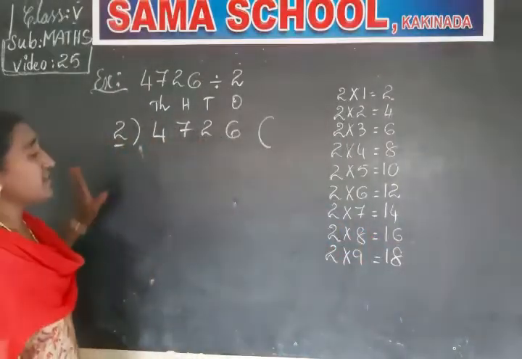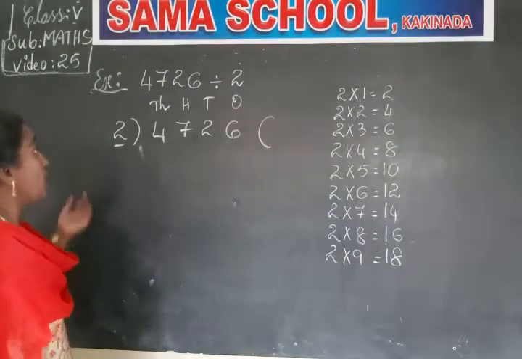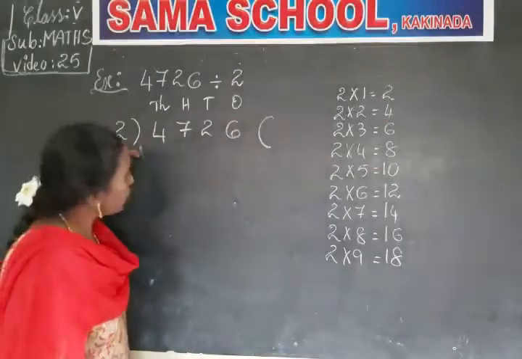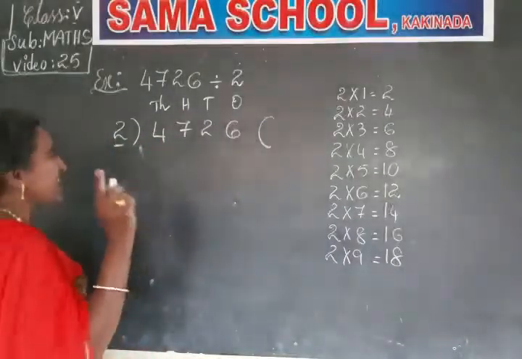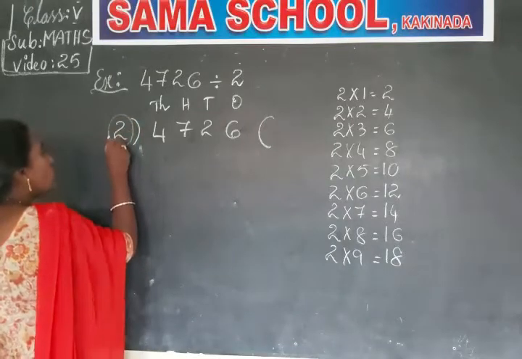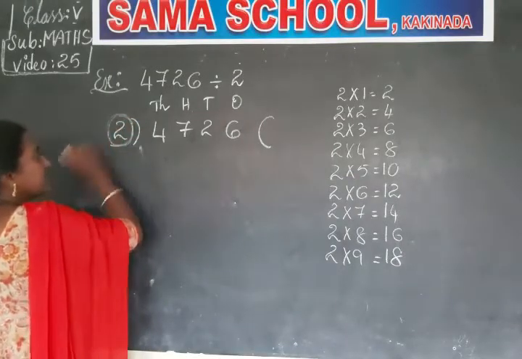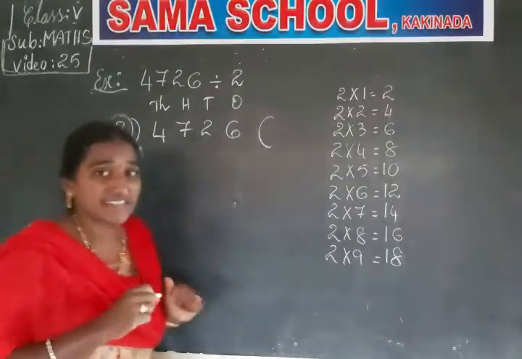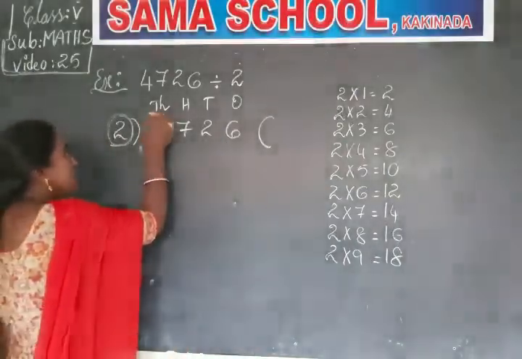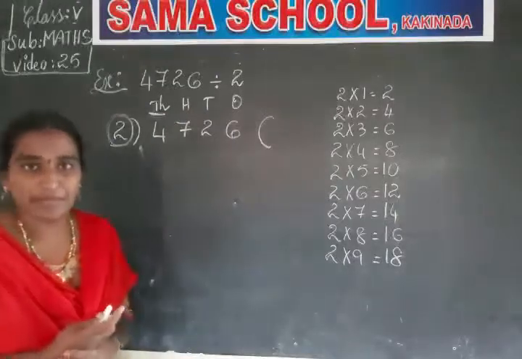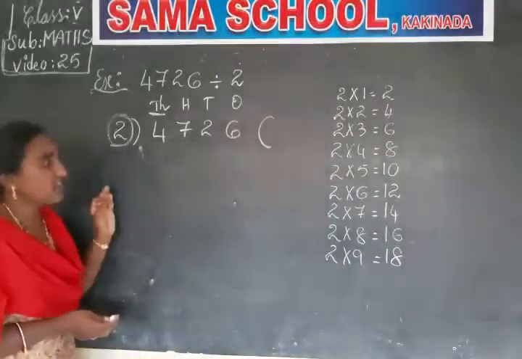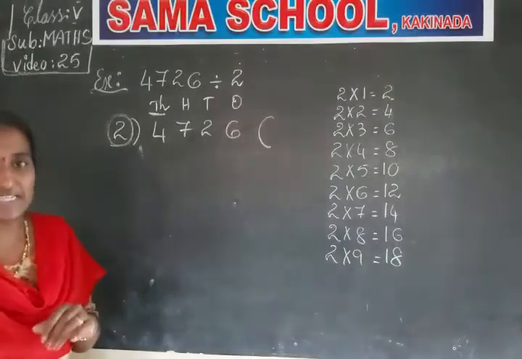Okay? See here, we'll get a doubt. Here do we have to take 2 digits, 3 digits or all the 4 digits at a time? Here's a technique I'll tell you, children. In the divisor, how many digits are there? It is a single digit number. So here also we have to take the first single digit only. This is an easy technique. Try to remember. If you do division in this way, easily you will get the answer.